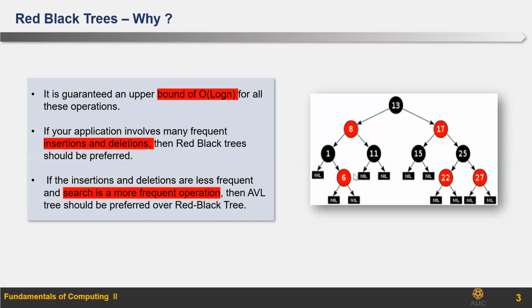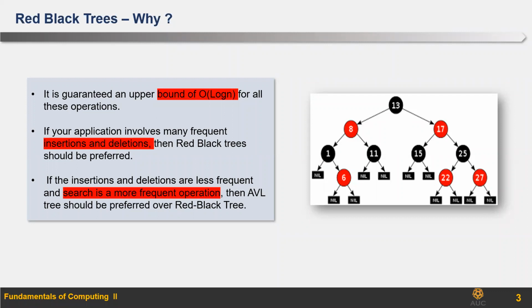If I have an application that will do more searching, meaning looking for something in the tree, then this means that I have to use AVL. Okay, what is the rationale? The rationale is that